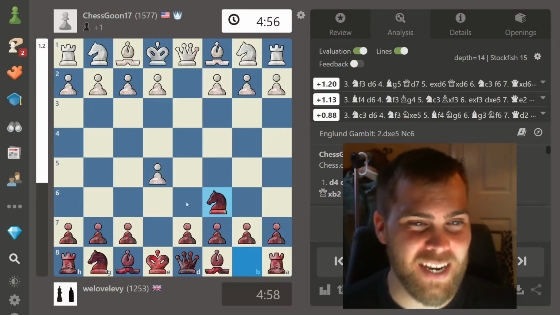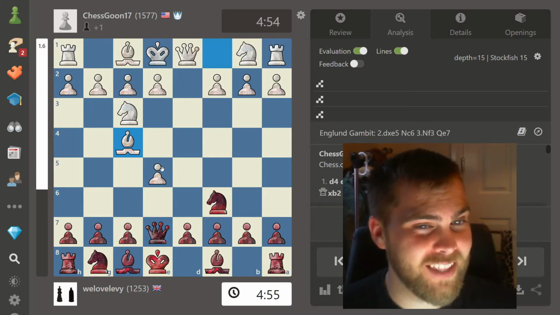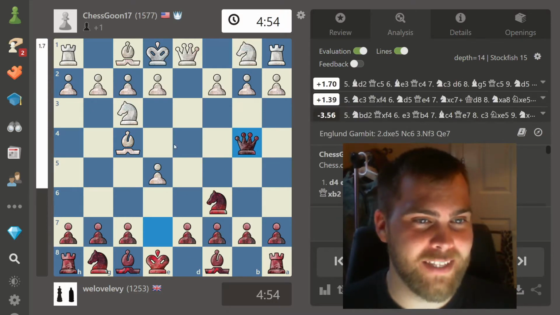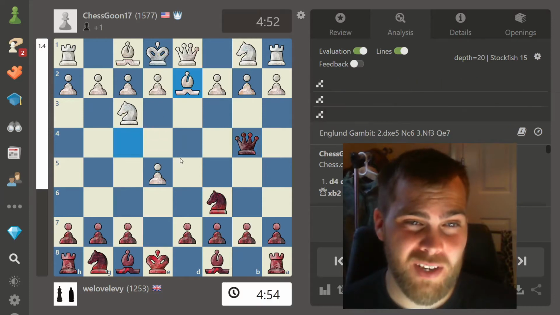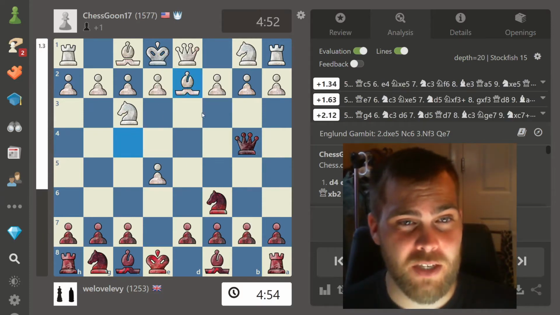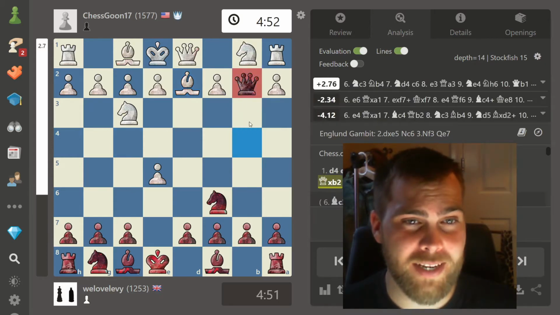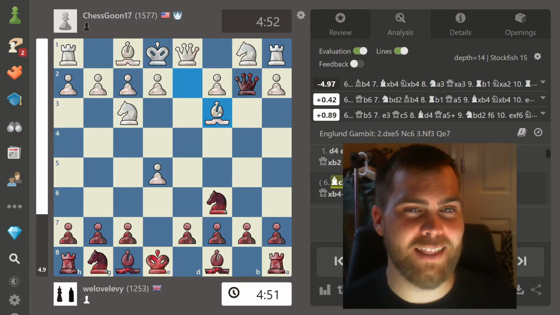Hello and welcome to this video on the Englund Gambit, where you're basically giving away a pawn in the beginning, but you're going to try and get it back. They're going to try and defend it. We're going to try and get it back, and they're going to try and defend it, and then we're going to play this check over here, trying to pick up an undefended bishop. Once they bring the bishop back to obviously stop the check and save their piece, we are now going to grab this pawn, and basically the only point in playing the Englund Gambit is to try and get them to play